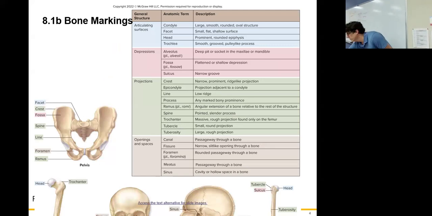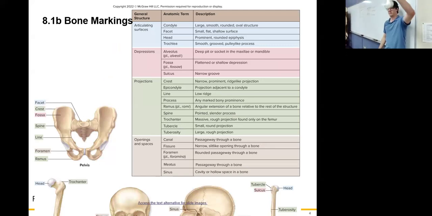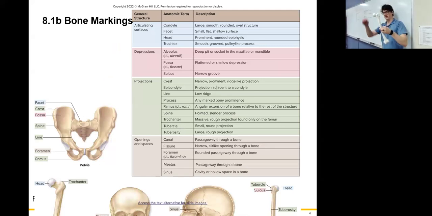okay? So this is a bone. In my hand is a bone. This is an example of a bone marking, okay? So if I just said, hey, what bone is this? Should be fairly straightforward. But it is also perfectly fair for me to say, what bone marking is this, okay? So we not only need to know the bones, but we need to know some of the parts and pieces